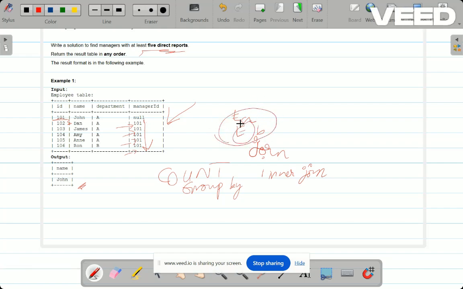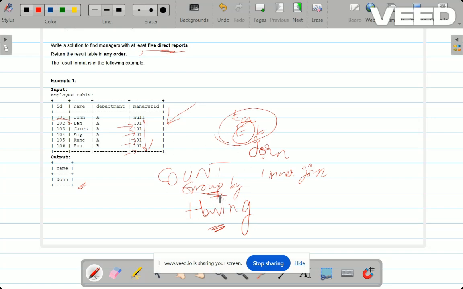Also one thing we have to remember here is that if we have any condition after grouping by ID, at that time with the grouping or aggregate function, we have to use having instead of where.